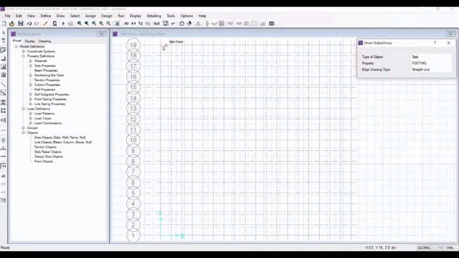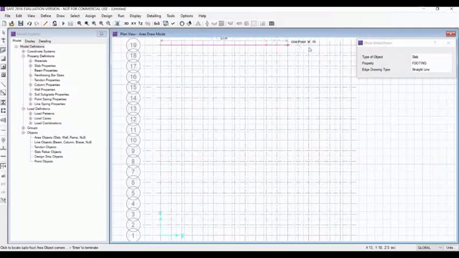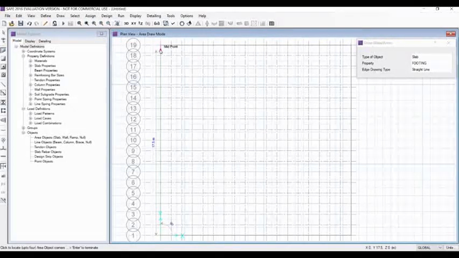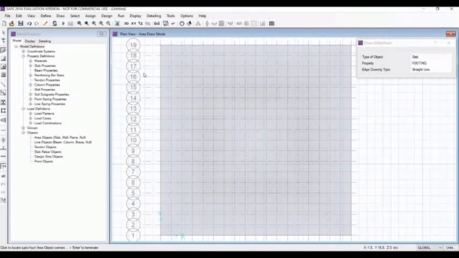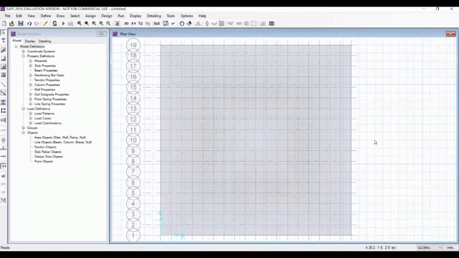Now go to the slab, go to the grid point here, and just check the distance you cover, 18, that's okay. And we will go down to 18 meter. Just check on the right side the distance, 18, that's okay. And now we'll go down here, just check the distance, and again we'll end it here, and just check the distance on the left hand side, that is 18 meter, that's okay. And press escape so that you don't select anything more. The slab we want has been defined very easily.